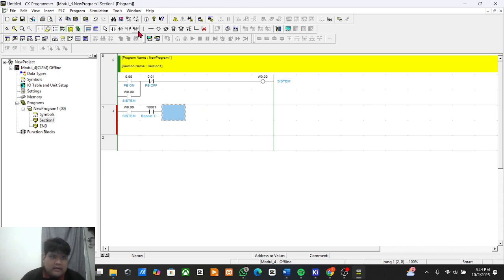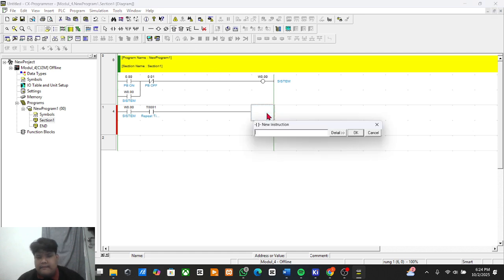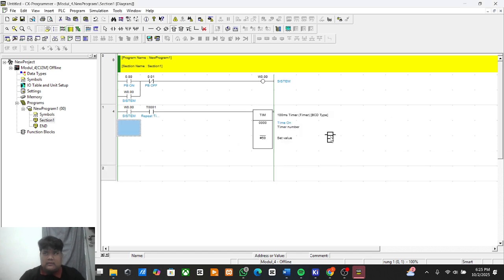Then we add a new horizontal line and a PLC instruction for the timer. The instruction is TIM, the address is 0000 and #50. The comment is time on, for turning on the solenoid that I practiced.